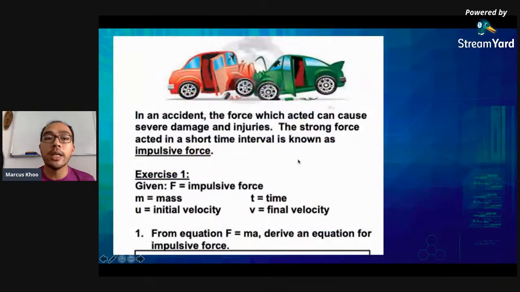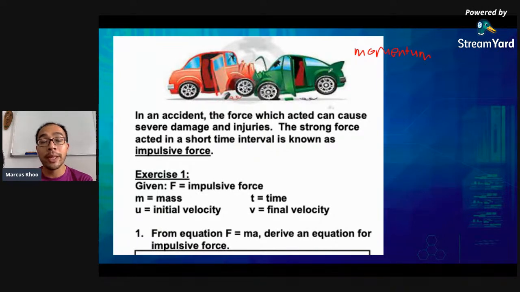I want you to consider this situation now. Whenever there's an accident happening, when there are two things colliding, previously we call this a collision. And we've been talking about collision dari sudut momentum. We've always been talking about momentum. When two things collide, and then after the collision, we have been talking about momentum and the principle of conservation of momentum. So in the case of an accident, this is a very classic case of inelastic collision.